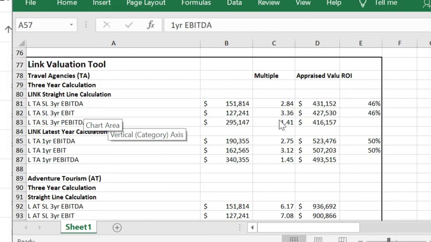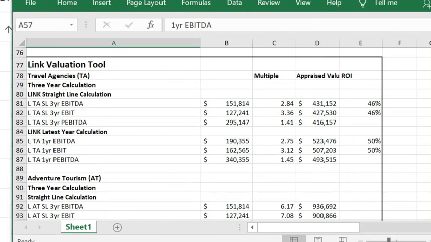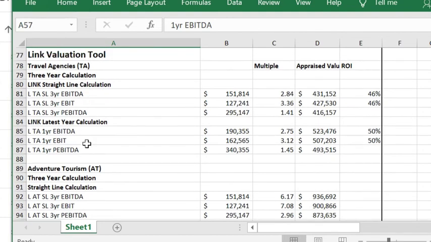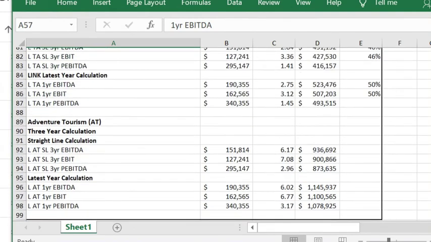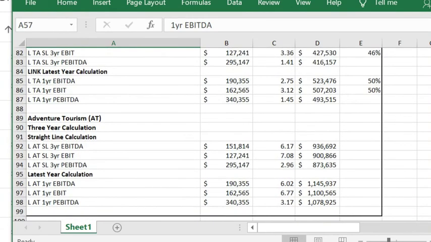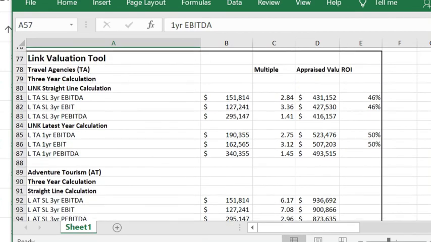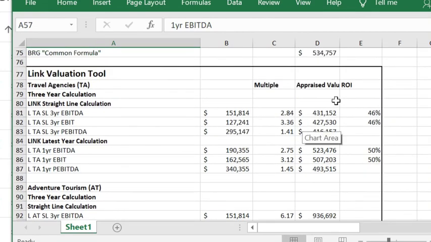And remember, we were focusing mostly on EBITDA. So going about it in a different way to the multiples that he got from his business reference guide, he has looked at potential multiples for travel agencies and for adventure tourism. So looking at it in a completely different way, he's come up with possible appraised values for travel agencies,